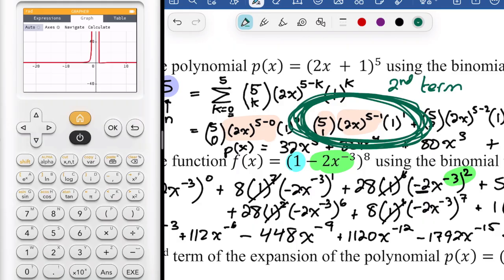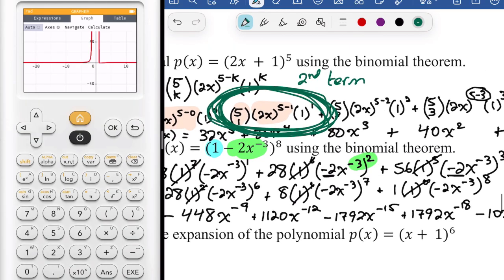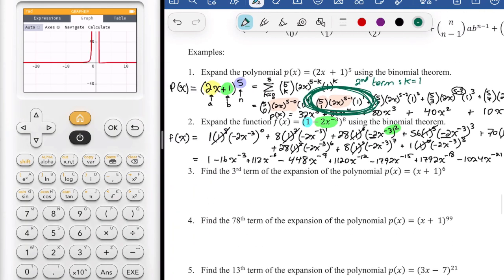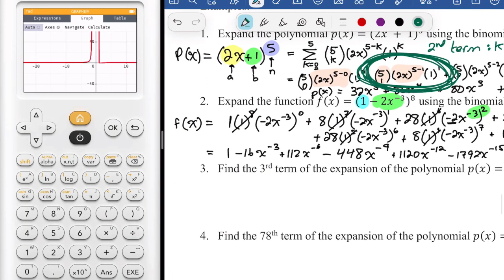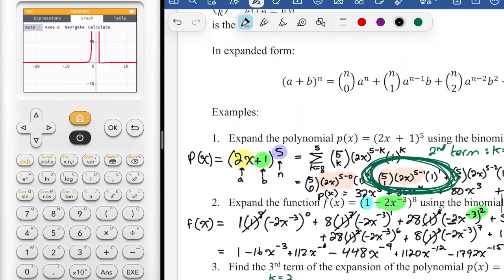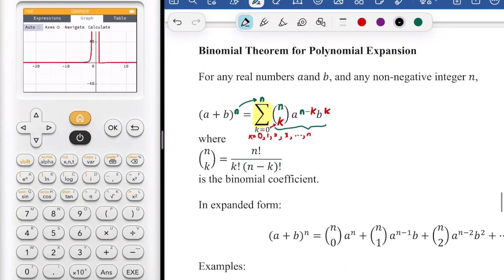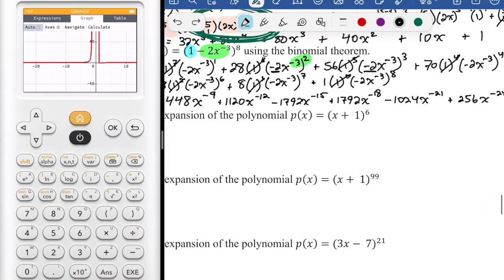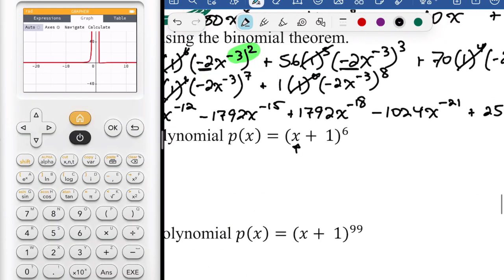That second term corresponds with a k value of 1. All right, so the term position is always 1 more than whatever the k value is. So I'm looking for k equal to 2 here. If I want the third term of this expansion, I don't need to do the entire summation, right? Just the part of it that's relevant. So still have to identify our A, our B, and our N,